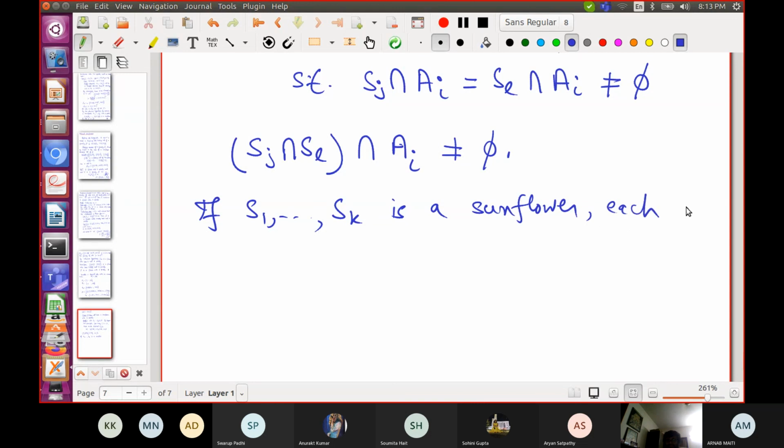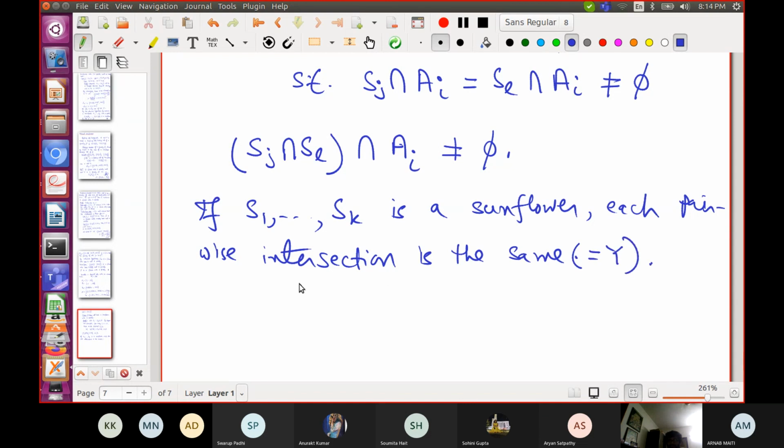So each pairwise intersection is the same, which is the core; let's say equal to Y. Then Y must intersect non-trivially with each Ai.